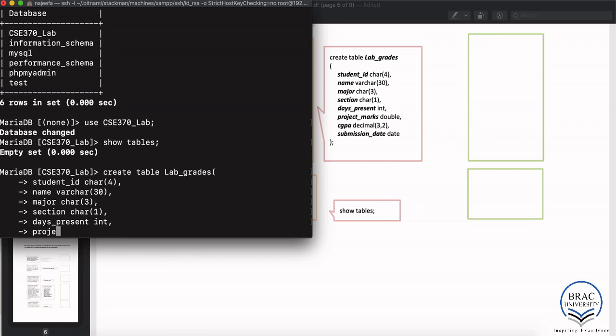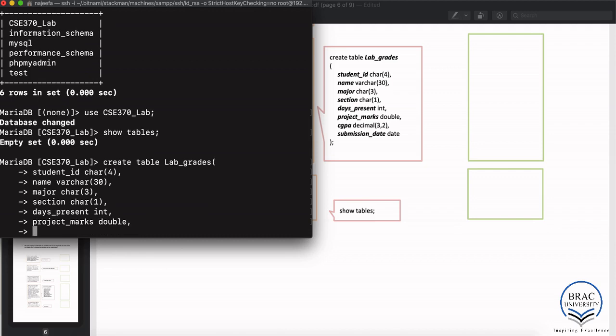Then I want to save the project marks. So all students will do projects in the lab. So I want to save the marks for that. And I want to save the CGPA of all students. So CGPA would be decimal 3, 2. Now double and decimal are basically the same thing, that is they will store floating point numbers, but